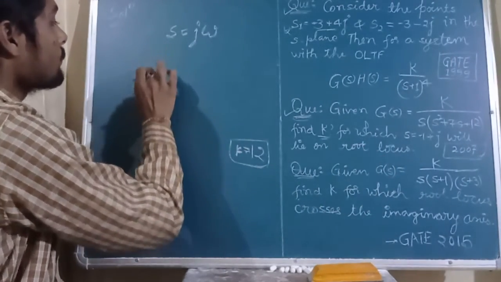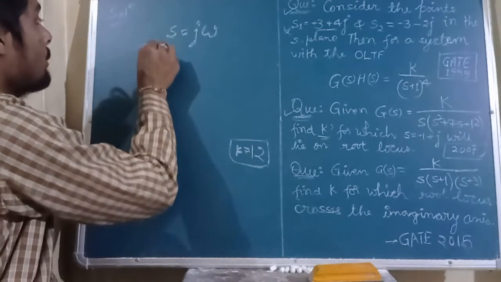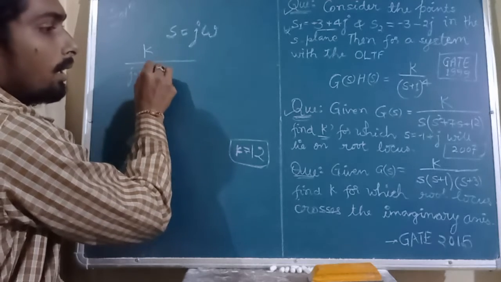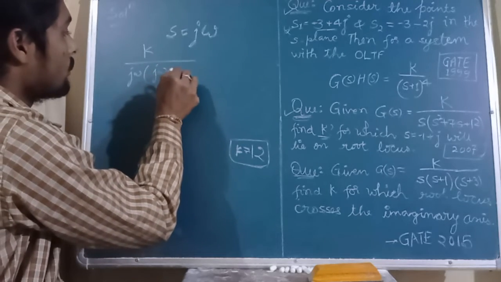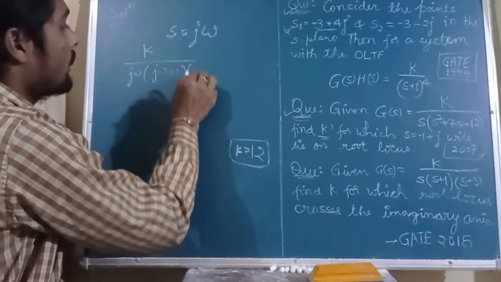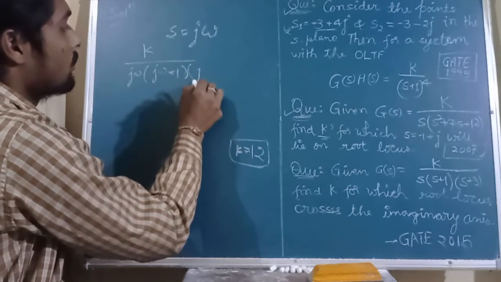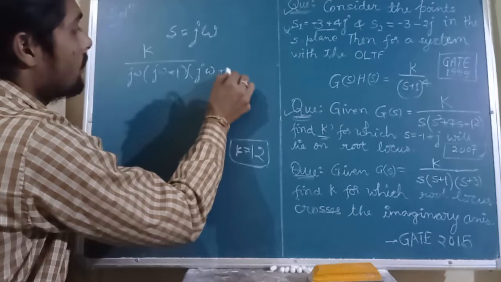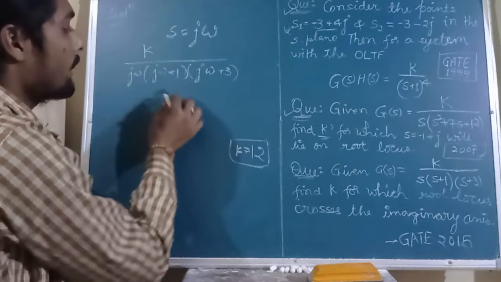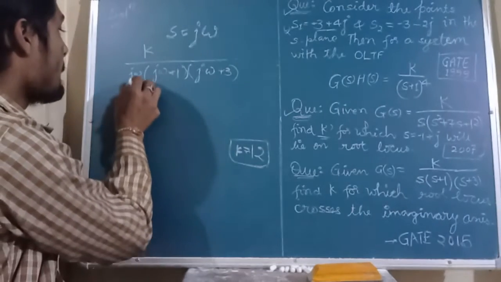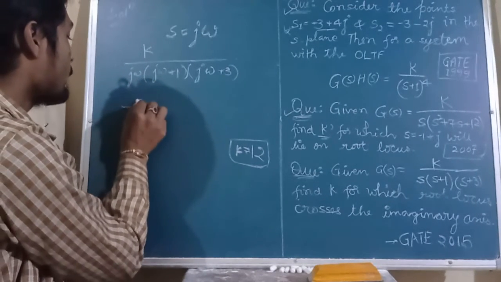We will get K upon j omega, j omega plus 1, and j omega plus 3. Now find the angle, so that we can find the value of omega. This will give the angle minus 90 degree,